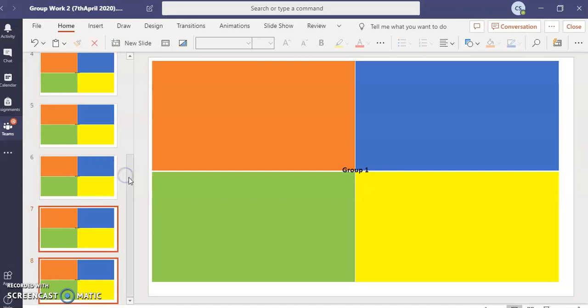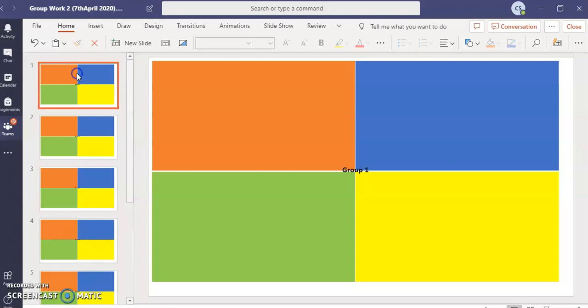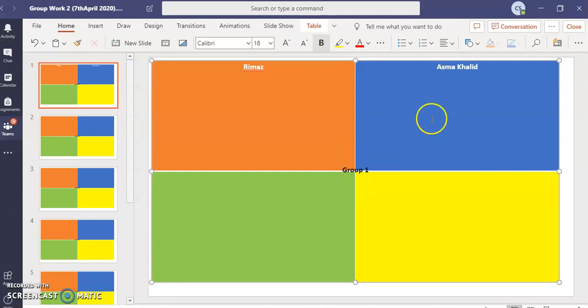And then you can go back to the first slide and insert the names of the students. So suppose I want Rimaz and Asma Khalid, and then I want maybe Hamda, and then Asma Hassan.